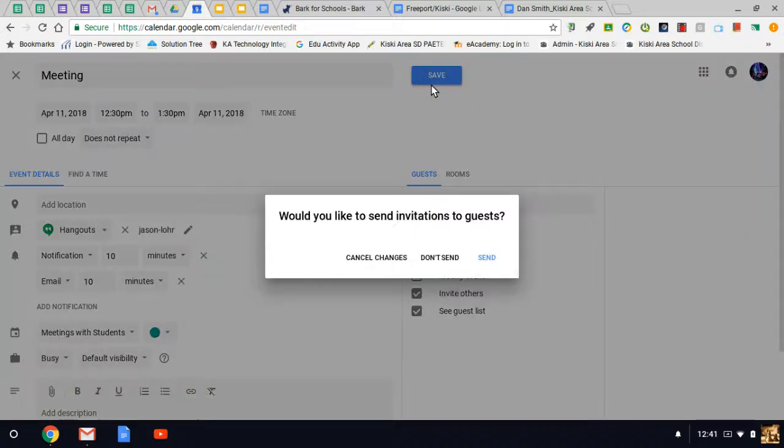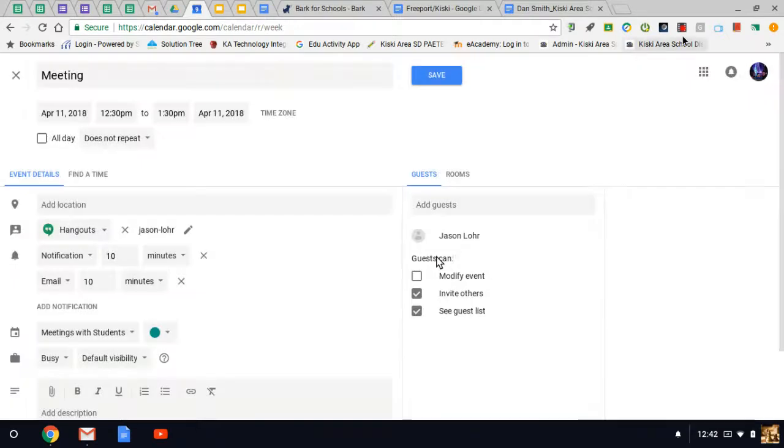And when you click Save, it's going to ask you, do you want to send this invitation to guests you just added? For my purposes, I'm going to click Don't Send, because that also brings us